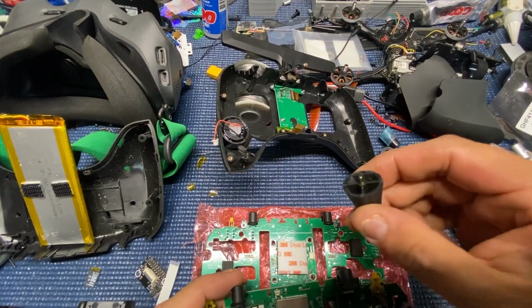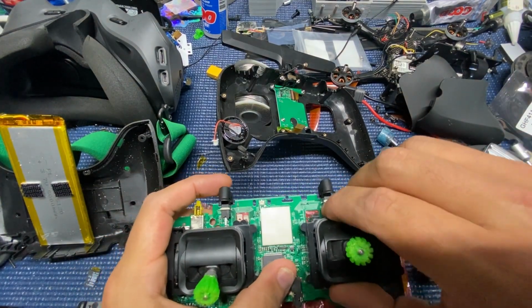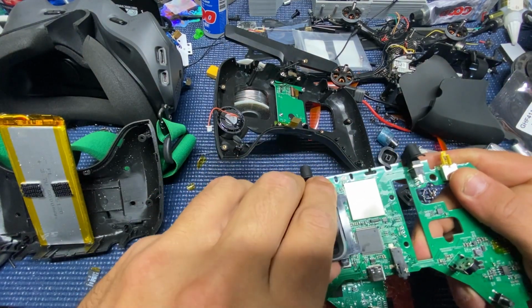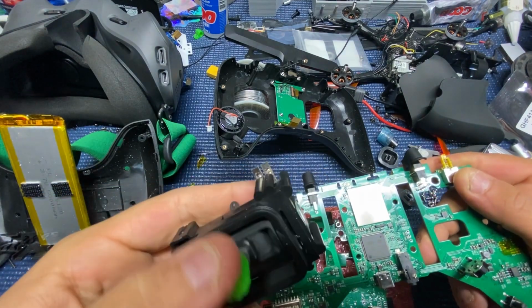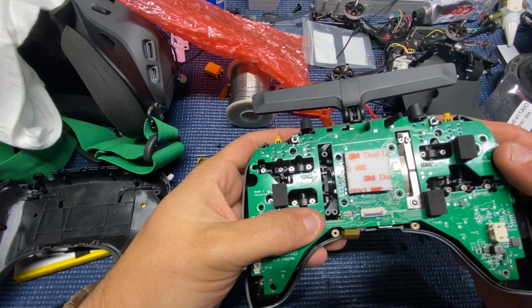Now we got the new hardware getting ready to go in, and then you can see here I'm kind of messing around with these switches, and the gimbals pull right out of the old board and they literally will just pop right back in to the new board. I took some canned air, blew mine out, cleaned them up pretty good before I put them in. Had some ashes and stuff like that down in my controller and everything,